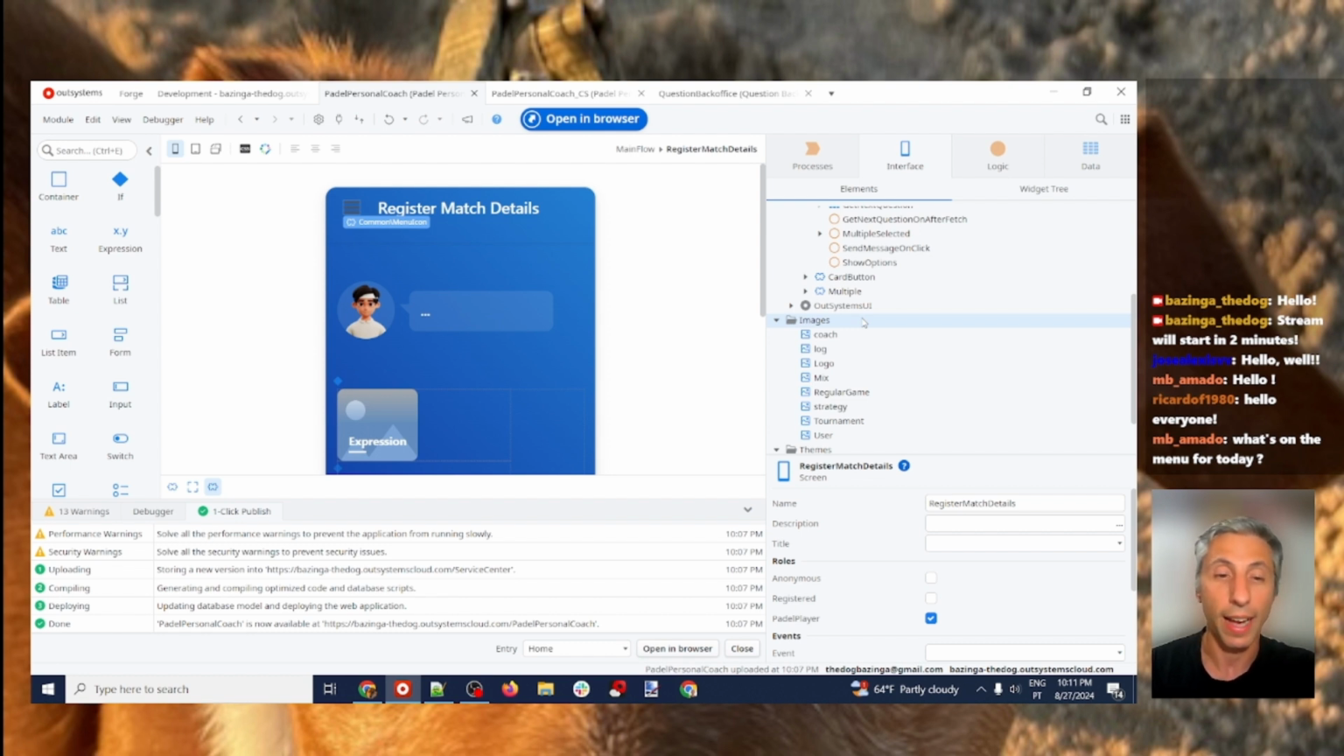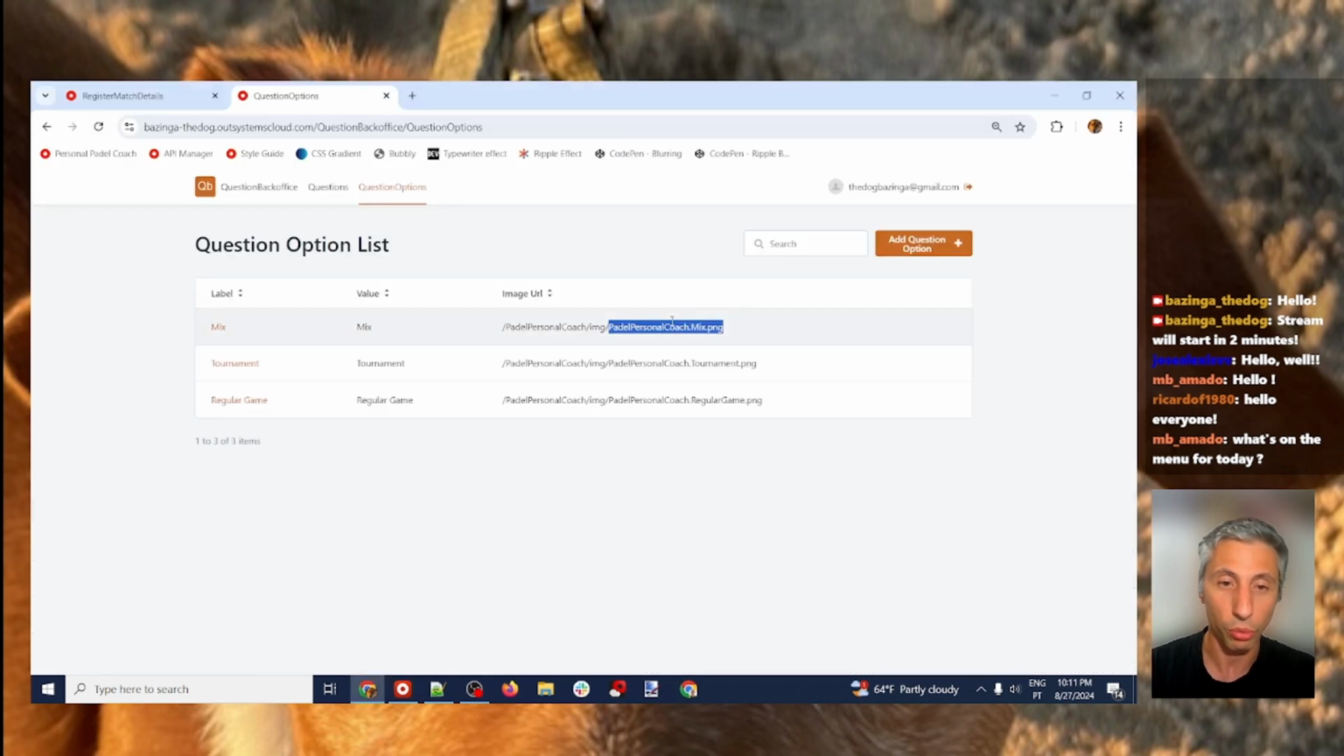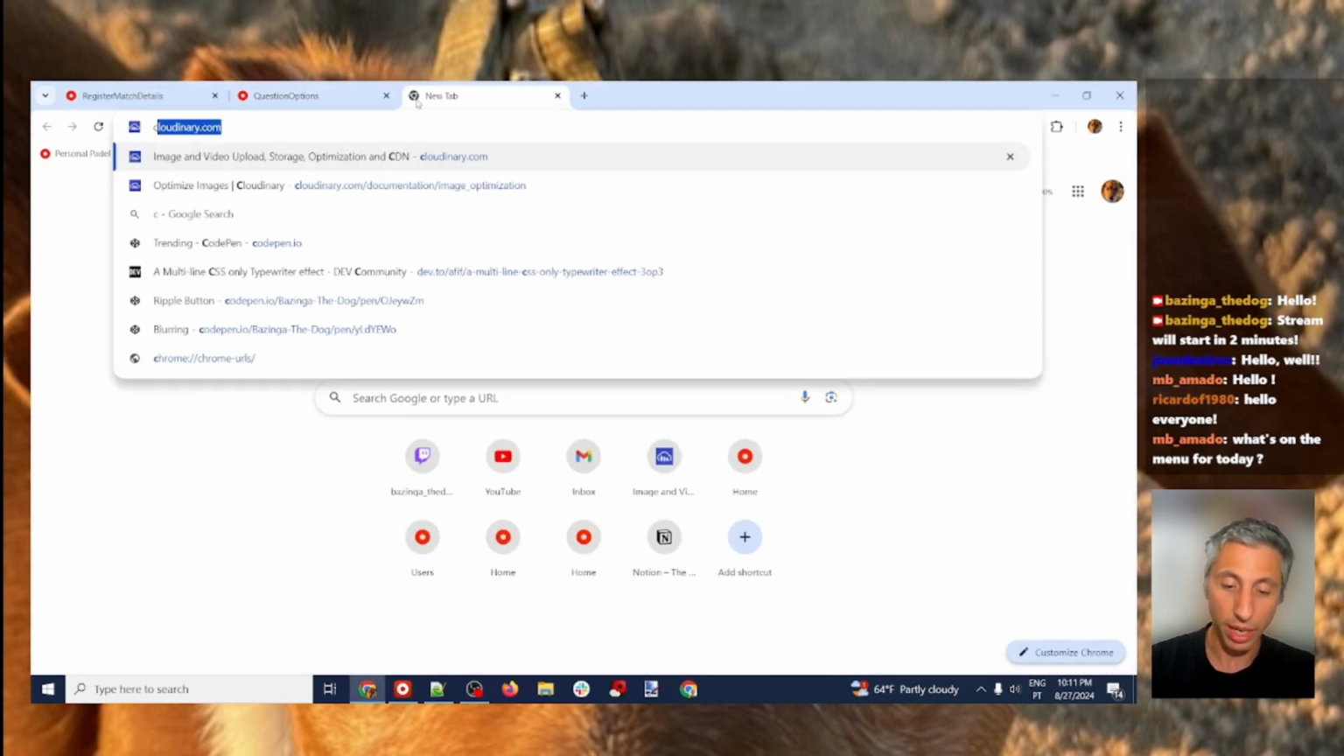Now, I'm not going to do that. I'm just going to do something a little bit different. I'm going to use a CDN that will cache this content and distribute it in an optimized way. So I'm going to show how to do that. You can find a CDN like